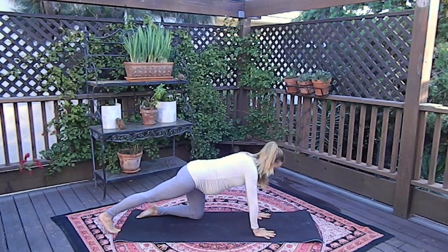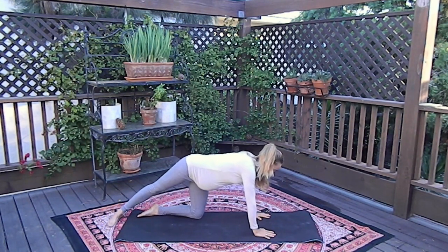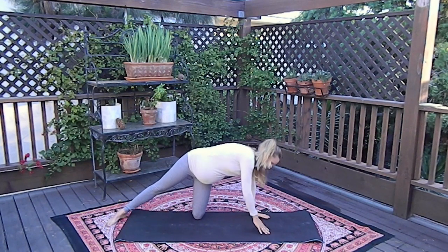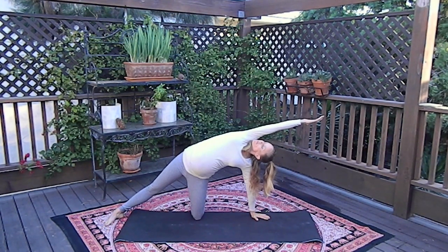Step your right foot back, tucking your toes and stretching out your straight leg for a moment. And then place your foot flat on the mat, swing your left foot out to the side, stack your hips as you lift your right up, stretch your right hand overhead into full body side stretch for a breath,